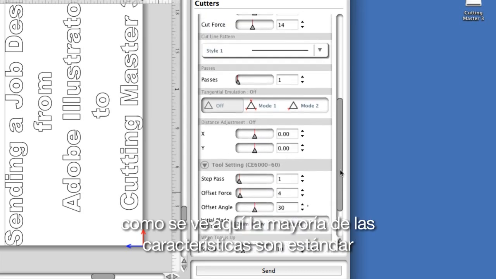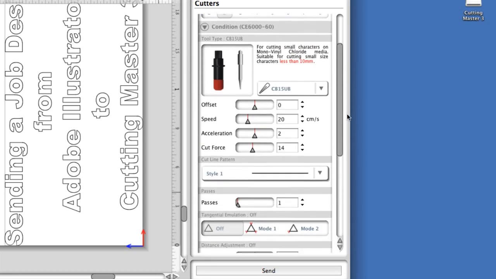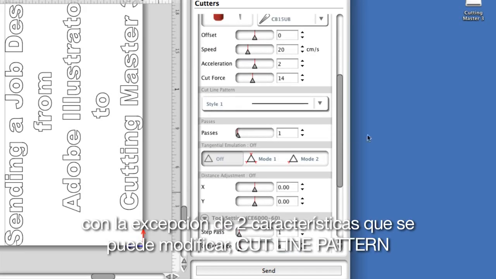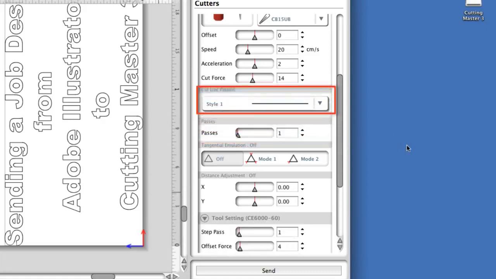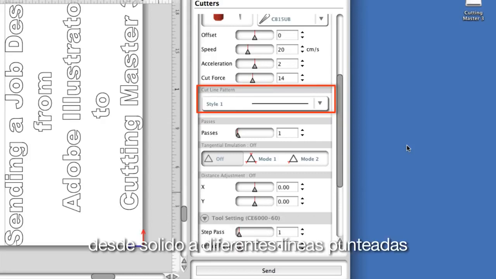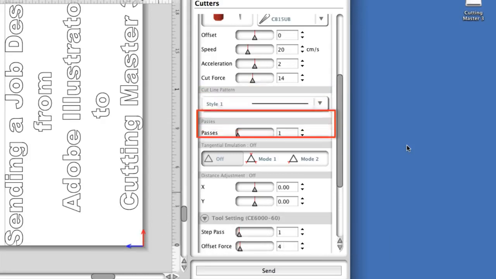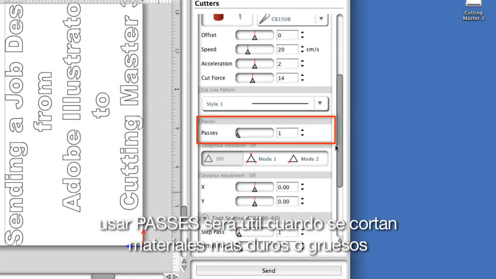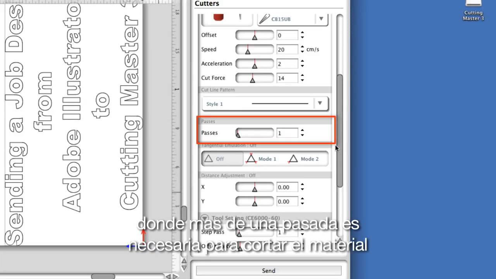As you see here, most of the settings are standard, with the exception of 2 added settings of Cut Line Pattern and Passes. Cut Line Pattern determines the type of line to be cut, from solid to different types of dashed lines, and passes, which determines how many passes each cut line will make. Using passes can be helpful when cutting harder or thicker materials, where more than one cut pass is needed with